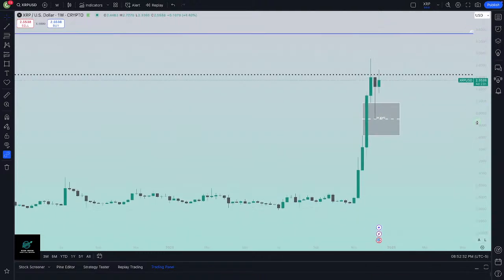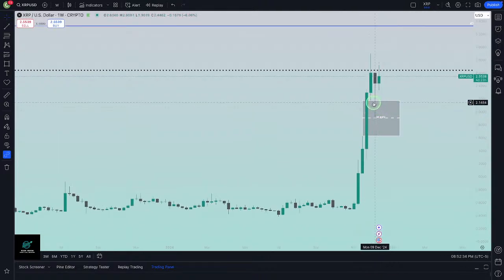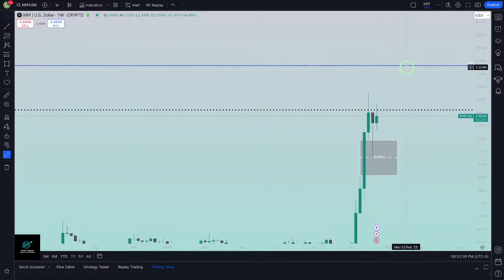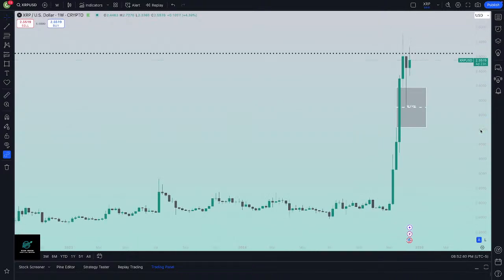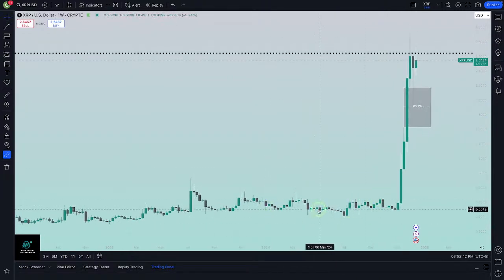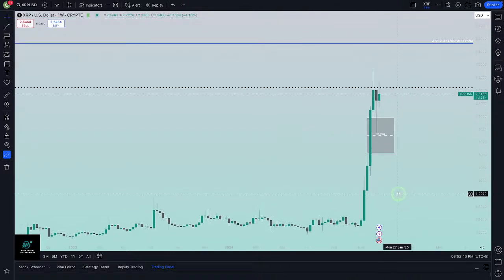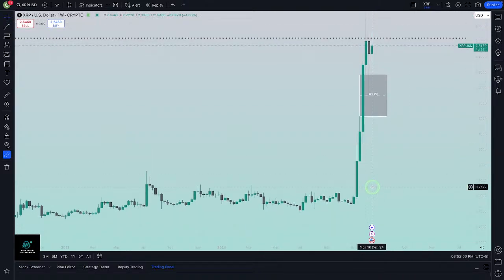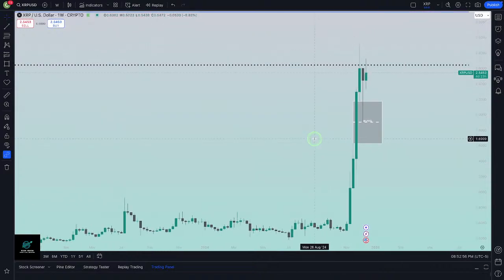But you see that this is a discount array. You will enter at a discount, and what we do, we exit at premiums, which will be above the market. But let's say you're holding the asset XRP and you missed all this and you're new to XRP. And most people jumped in the market and started talking about it and blowing up the algorithms on social media when it started doing this. By the time XRP started moving higher, here comes all the hype, all the people trying to get on the